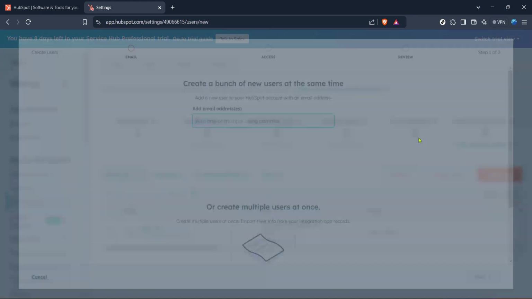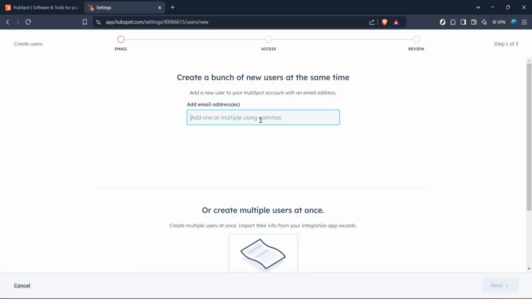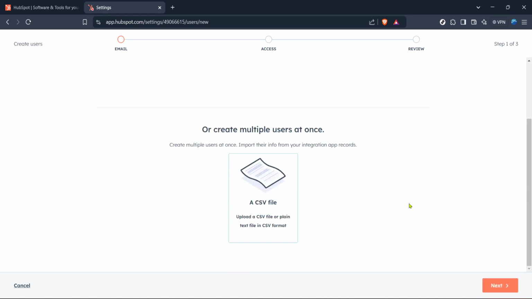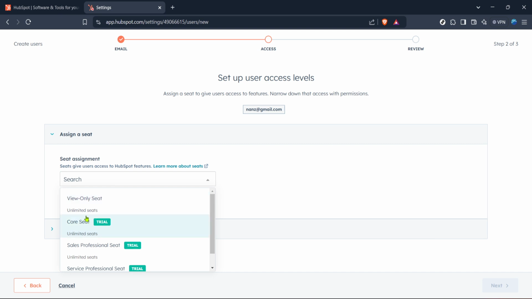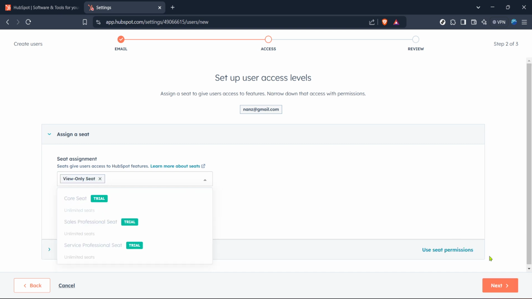Here you will generally input the email addresses of the individuals you wish to invite as users. A tip here, make sure you have the correct email addresses on hand before you start this process. Accurate emails ensure that your team members receive their invitations swiftly and can start engaging with your HubSpot resources immediately. After entering the necessary information, make sure you review any additional settings or permissions to tailor the user's access according